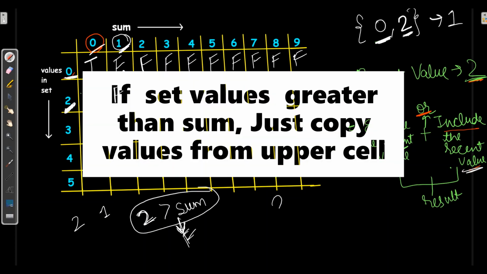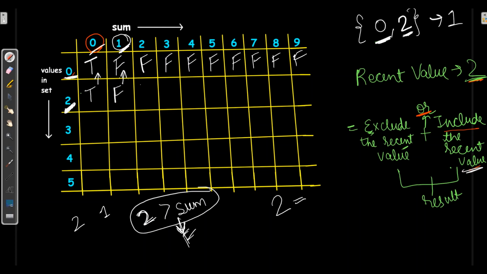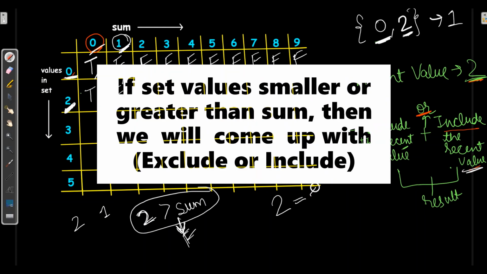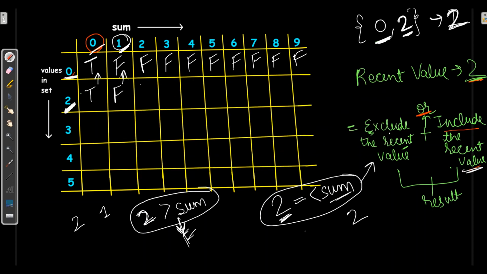When the value in the set is equal to or smaller than the sum, I will calculate both exclude and include. Like here, when 2 is in the set and I need to make the sum 2, the value is 2 and the sum is 2, so they are equal. So we will exclude the recent value first.